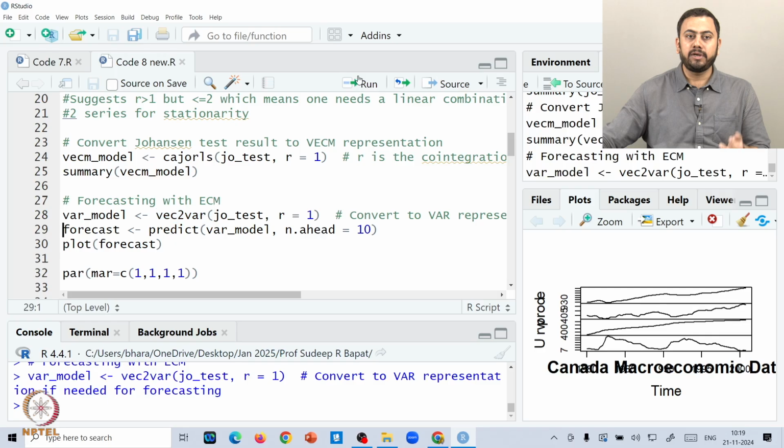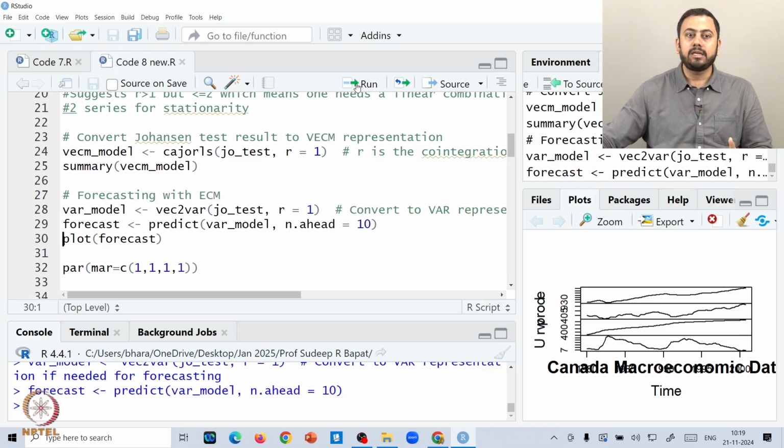Once you fit the VAR model, then forecast for 10 time steps ahead, because n.ahead is 10. R has an inbuilt command called predict. We have been using predict a number of times even in the last few practical sessions. So, predict on the fitted VAR model, and how many time steps ahead? 10. Okay, we will run this, and now the last thing to do is plot the forecasts.